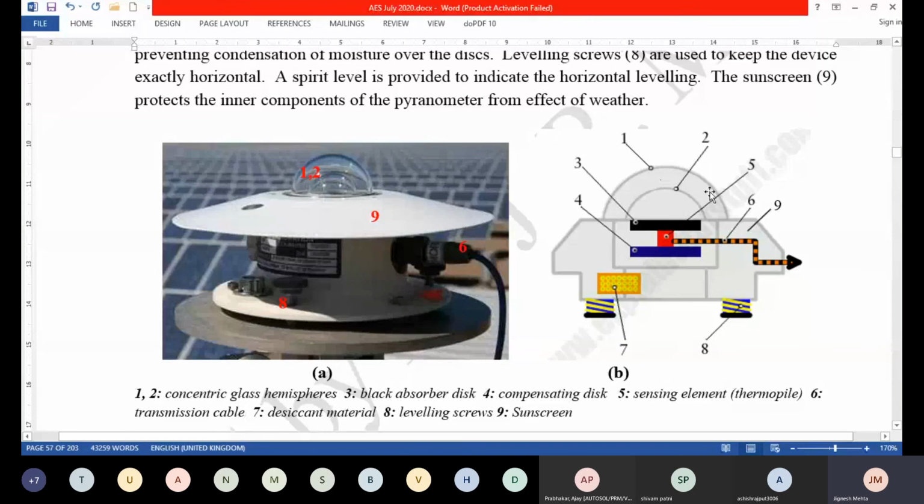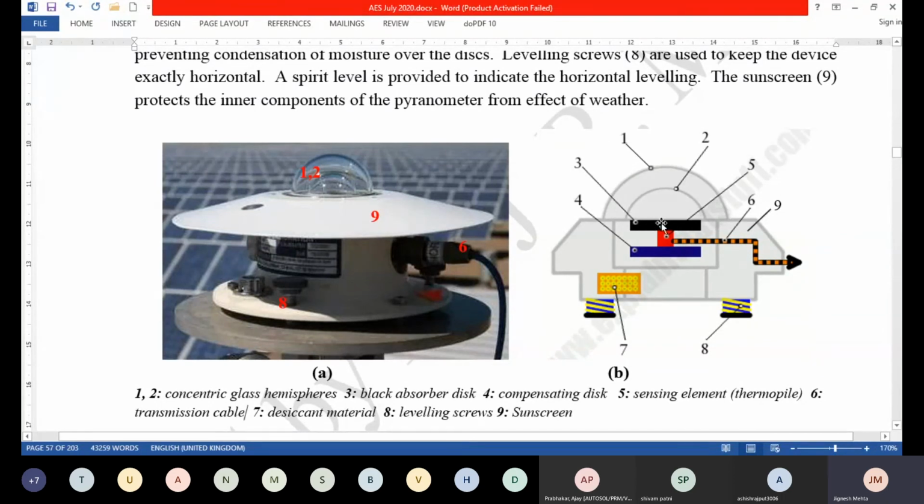So the double glass cover reduces the convection effect to a great extent, and that's why two guard or concentric glass hemispheres are used. We will talk about the greenhouse components, and you will understand the effect of the glass in reducing the heat loss, particularly convection heat loss. Right. So there are two purposes: one, the protection from weather, and second, the reduction of the heat loss from the surface.